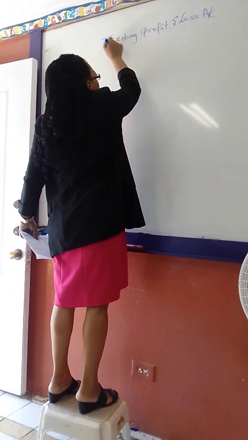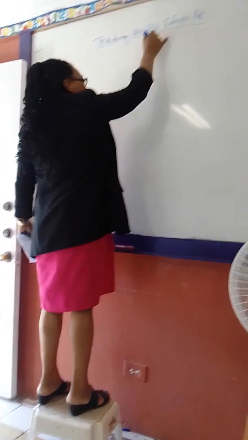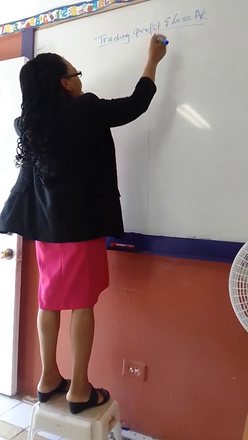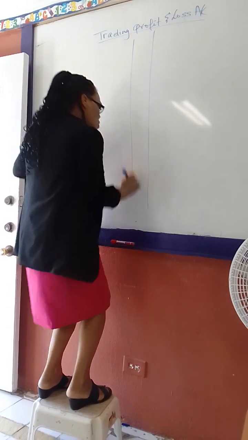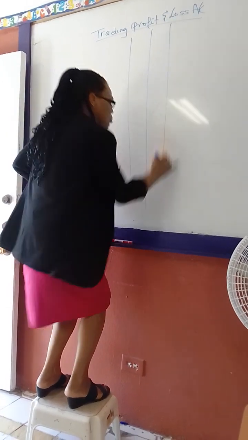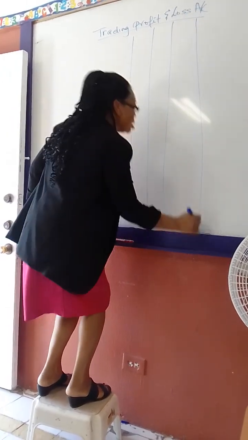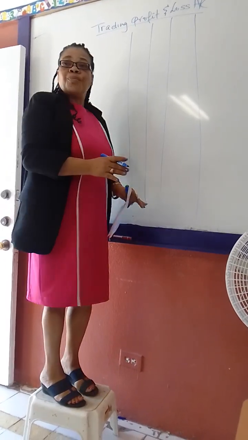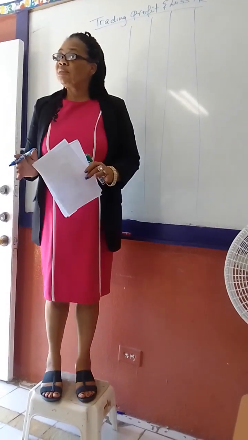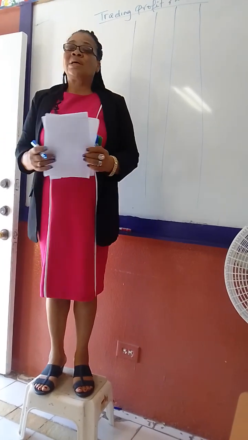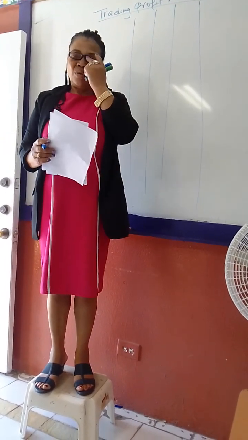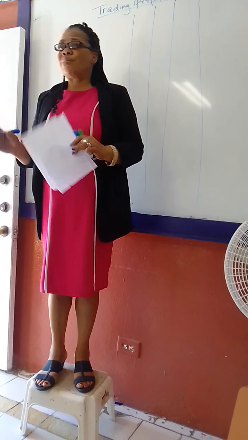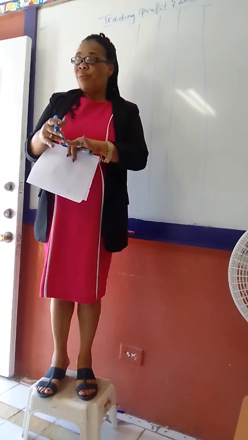So I have to do my trading profit and loss account. Now let's see if I can just head up quickly. I need about 3 columns so that I could write my figures in order. What is going to happen is that I'm going to go step 1, and then I'm going to cut, and go step 2. So let's call this part 1. For me to go all the way through this problem, I might have to go part 1, part 2,